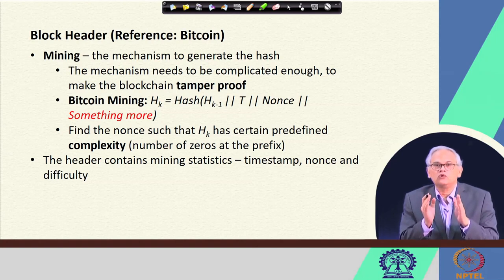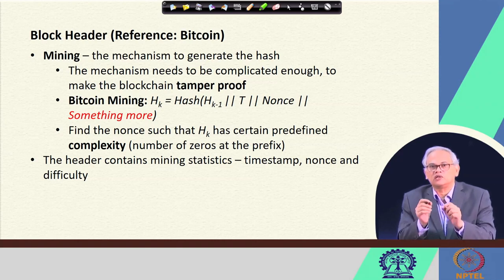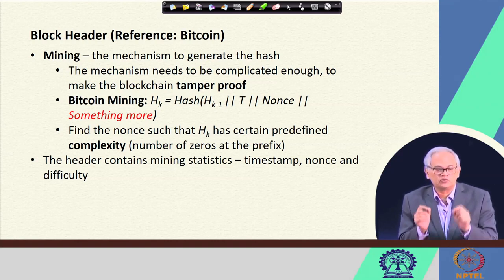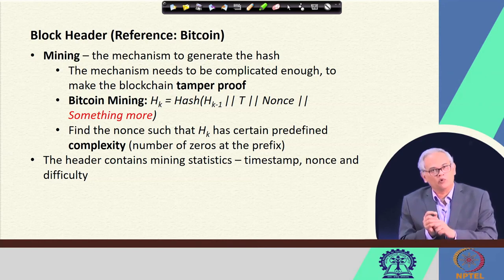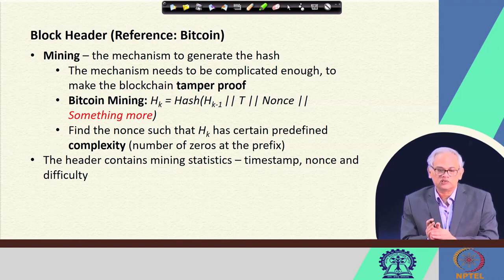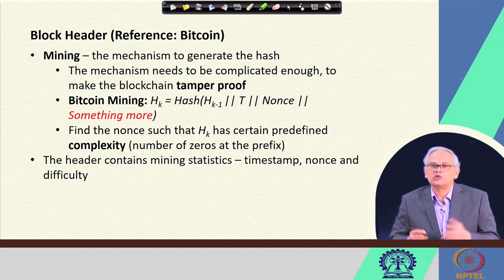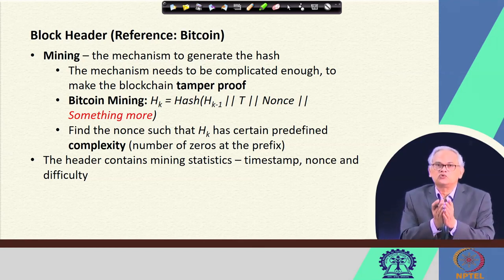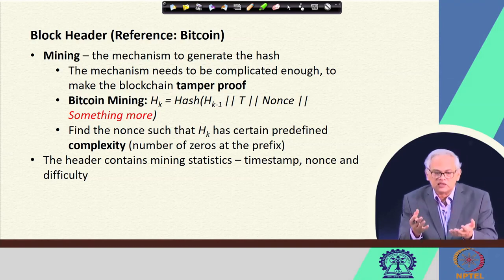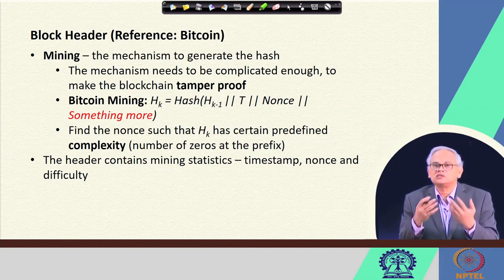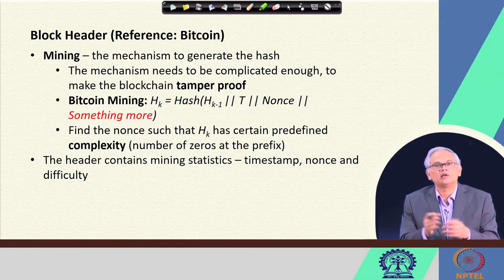So, say now a total of 1000 blocks have been generated, and the next block, that is block number 1001, will be generated. This process is called the mining of that block. Generating block number 1001 is a mining process, and it is basically the mechanism to generate the hash based on the transactions through its Merkle tree, the previous block's hash and certain other things, so that the hash of this block number 1001 satisfies the required properties,